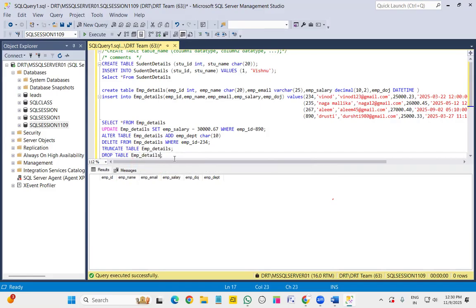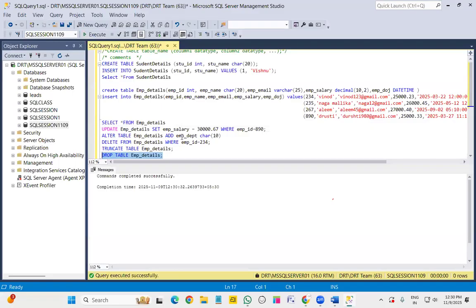Okay. So here you can find drop table, and if you execute it, the command is successfully completed, right? And if you want to select from EMP tables, it will be going to show an error, invalid object name. Okay. So there is no table named EMP details. So the total table is deleted. Okay. So the difference between delete, truncate and drop is,